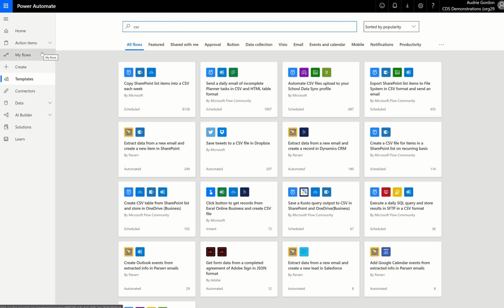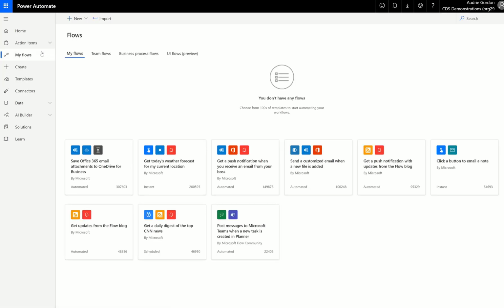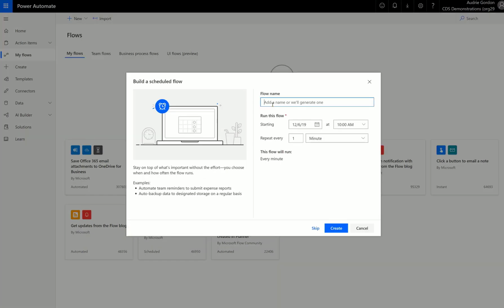Now I'm not going to use the template page today. We're going to do this by hand because there's a couple things I want to point out to you, and I'm hoping to be able to do them quickly. We've already done automated, we've already done instant, and this is our first scheduled. And now here you get this helper dialog. And let's call this weekly